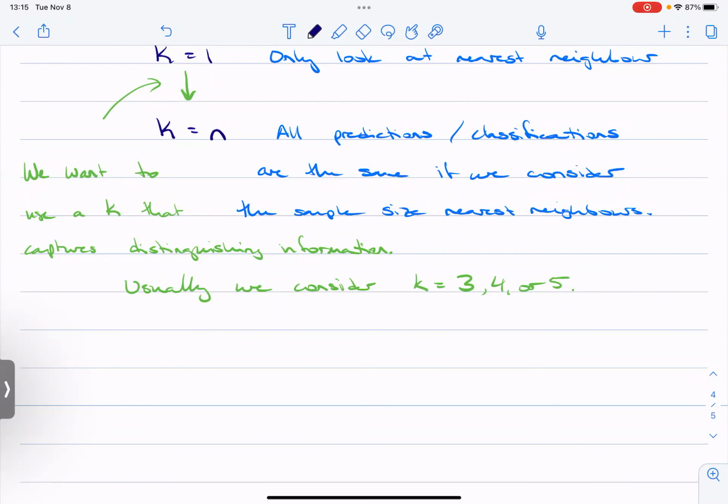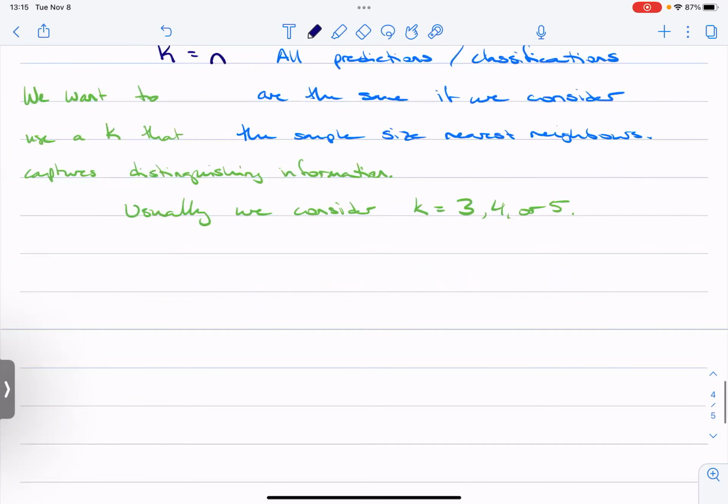But this is how we would find the prediction or the classification. What if we want to use it as a feature engine? To use K nearest neighbors as a feature engine,